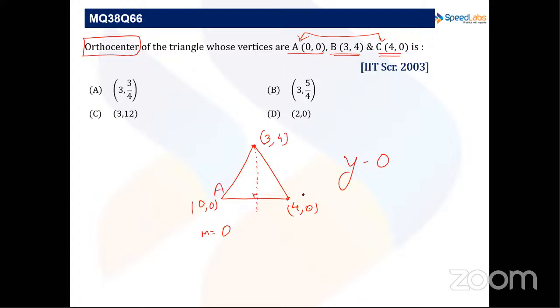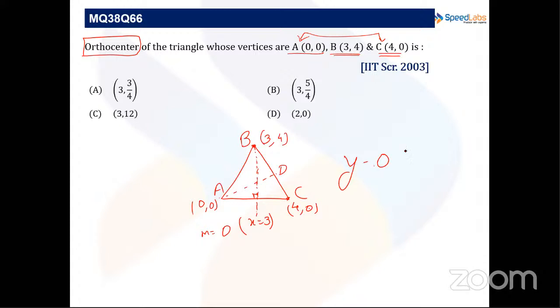Let's name this point A, B, and C. From B, we have drawn this x equals to 3 line, and this altitude from A to D,